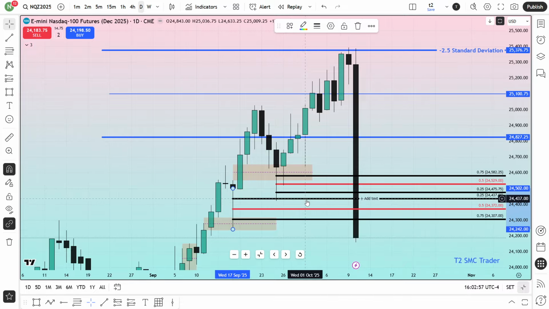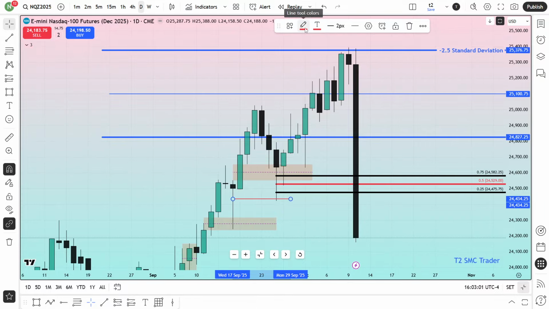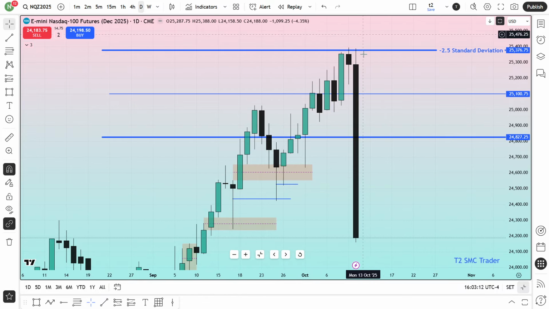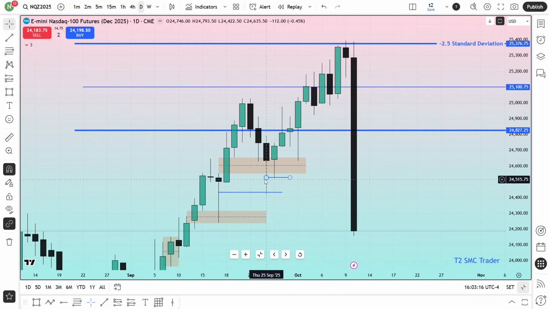So this is the upper quadrant. Let me remove this one. There is a line. Okay, so let me actually change the color and the 50% of that week. So you are seeing something very common. First it traded the upper quadrant, then it traded the 50% of that week. This week, which has made the manipulation for that week, that candle.